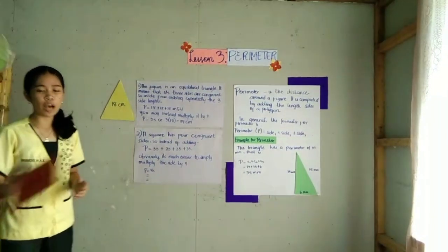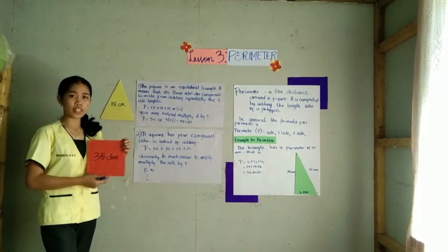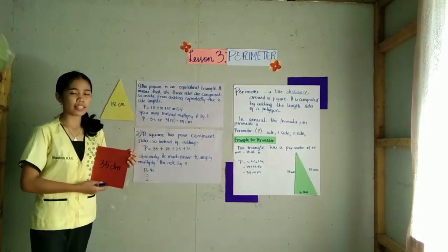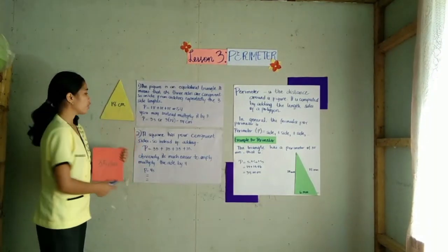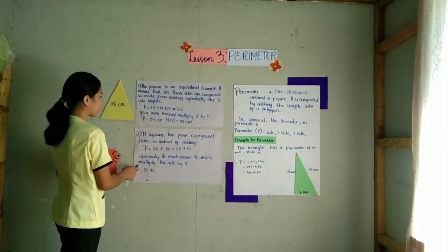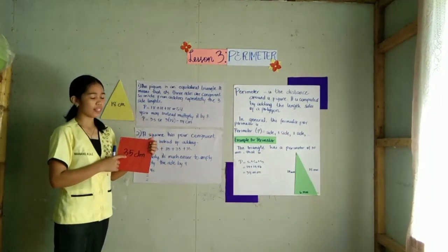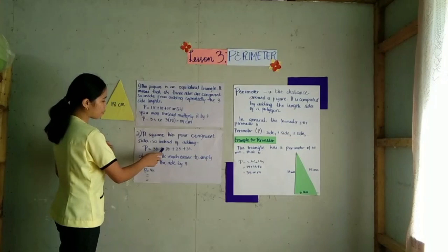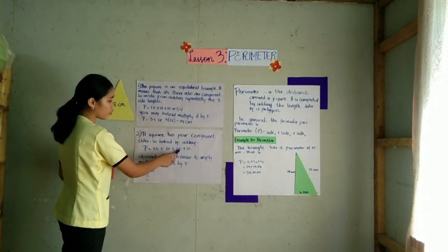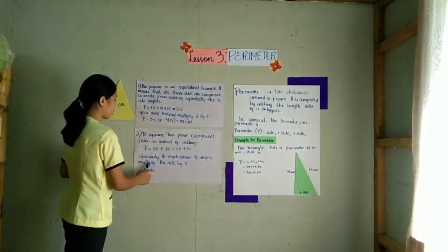So another example is this figure. What is this figure? Yes, this is a square. A square has 4 sides, right? It has congruent sides. So instead of adding, since this square has 35 dm, 35 plus 35 plus 35 plus 35, obviously it's much easier to simply multiply